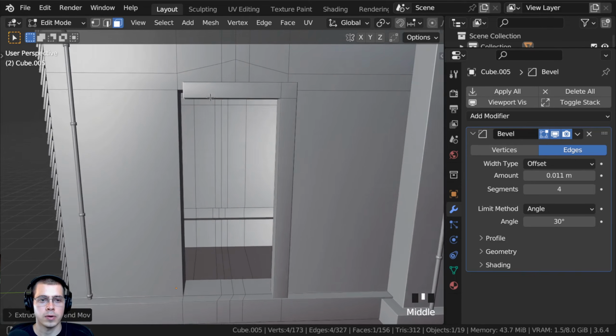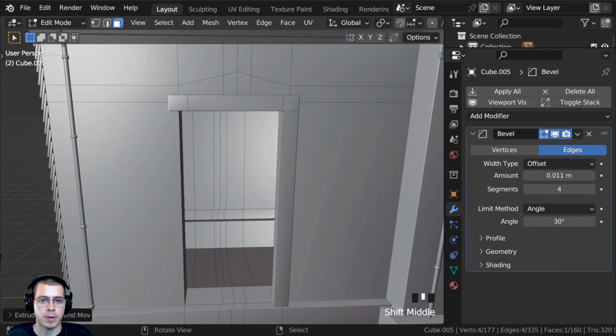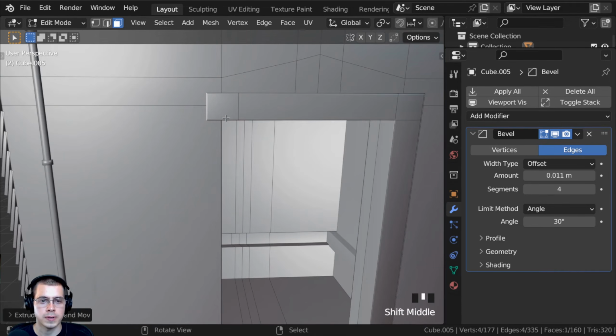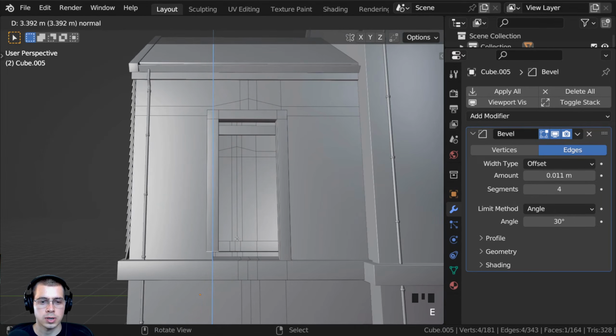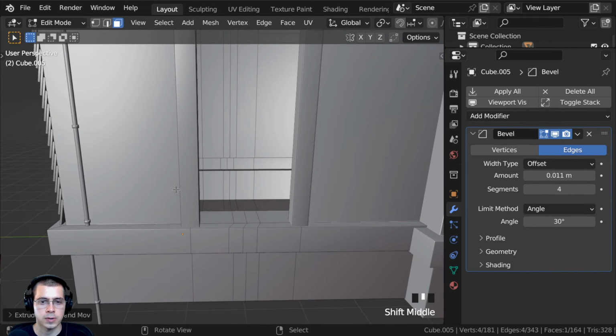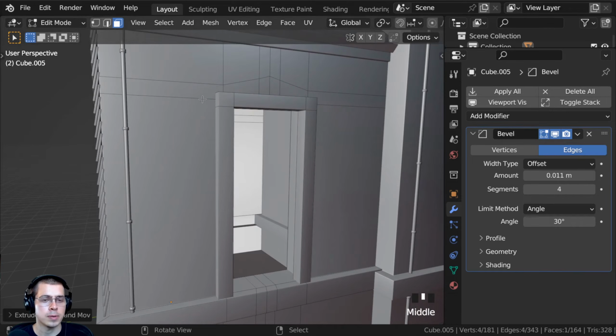We'll bring that all the way over, and then I can extrude this again. We'll bring that out there, and I want it to be about the same size. So the length of this part right here will be the same there. And then I can select this face, and I'll extrude it down. We're going to extrude it down there into that little part right there, which is where the concrete's going to be. So now we have a nice door frame,